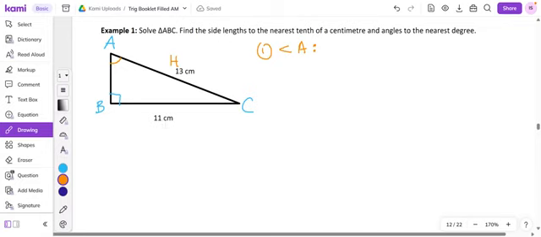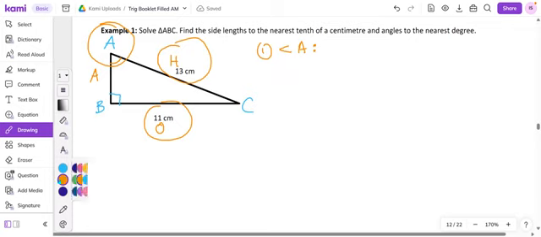For angle A, that's my opposite, and that's my adjacent. Circle the information you're given. Circle what you need to find. Well, I need to find this. And so if I have the O and the H,